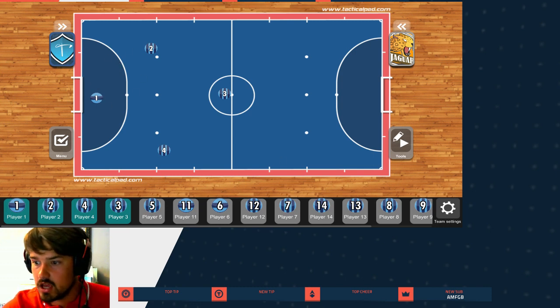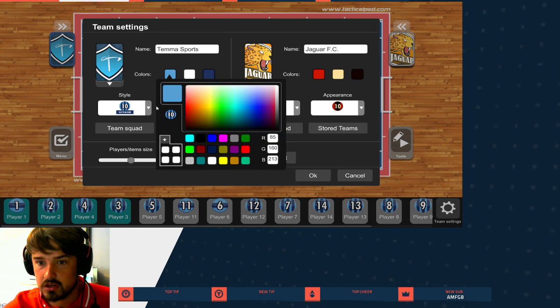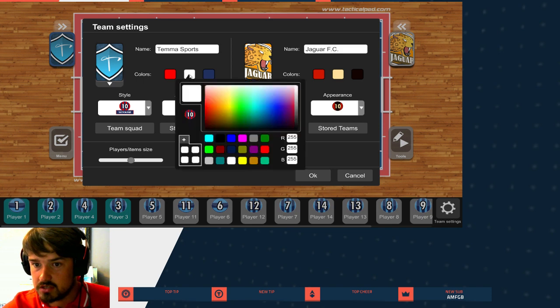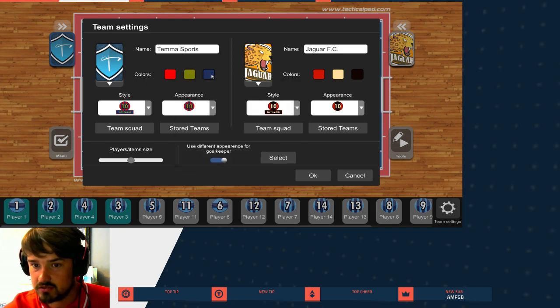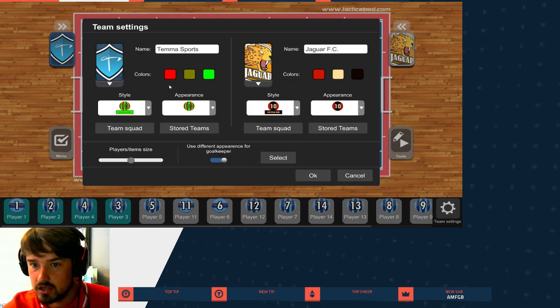If I go on to team settings just here, I can change how the colours look. So we'll just turn this to red. We'll change the middle bit to yellow, or greeny yellow. It's not a very nice colour, but hey ho. And we'll turn the other bit to a green colour. So